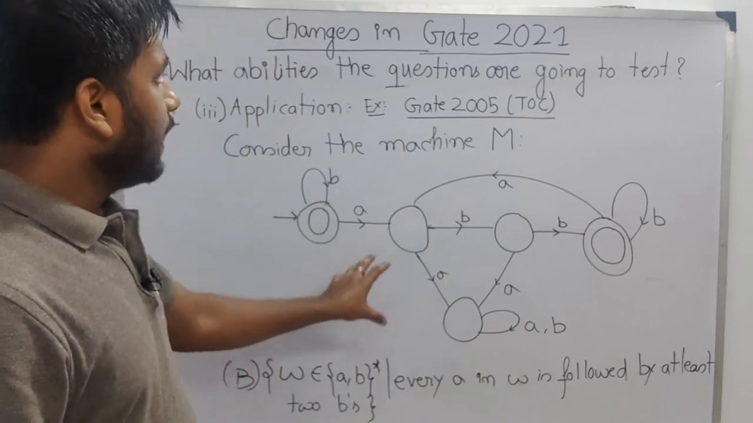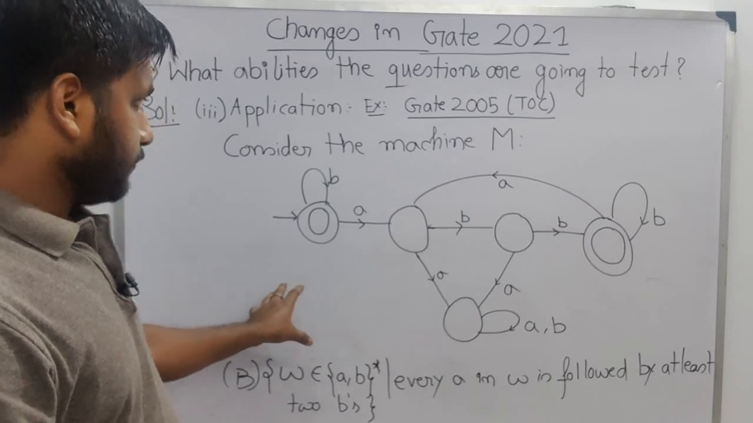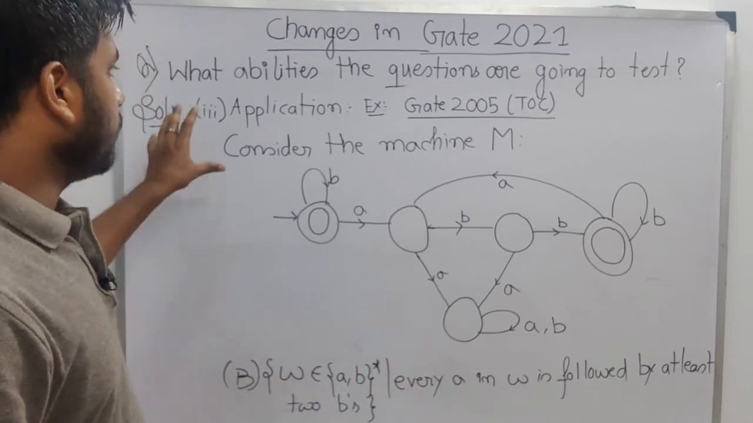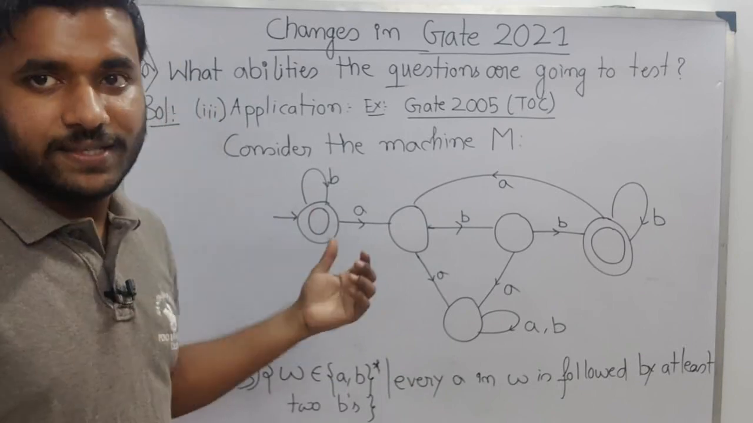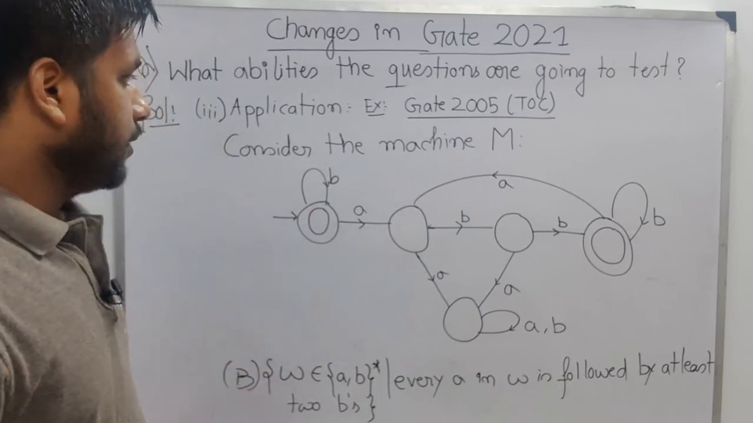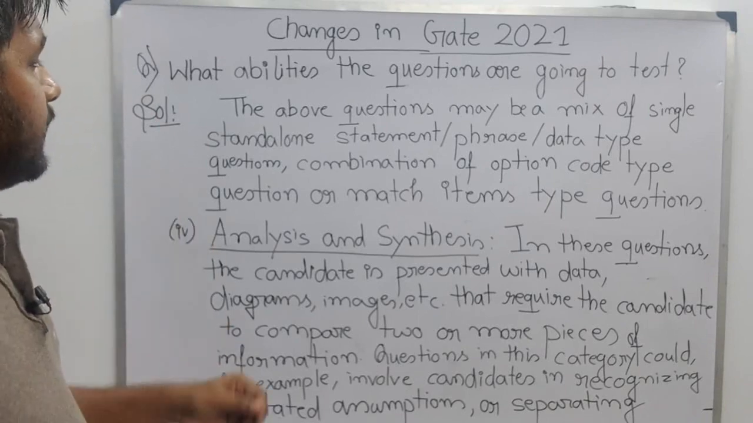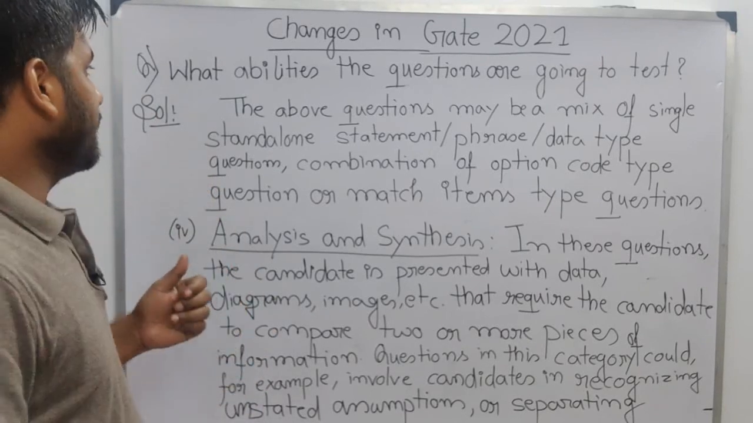So here you require computation knowledge. That's why this kind of question belongs to application. Logical reasoning is required here. Understood? So before going to point 4, they have mentioned that for the above 3 abilities that they are checking,